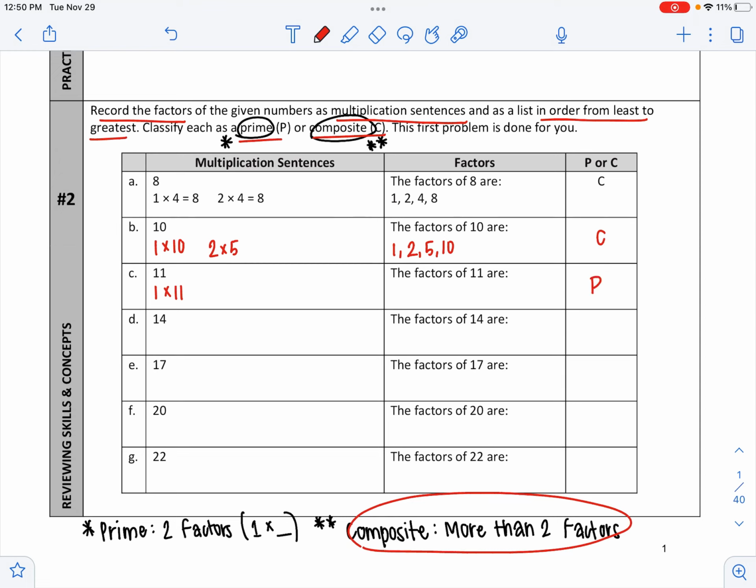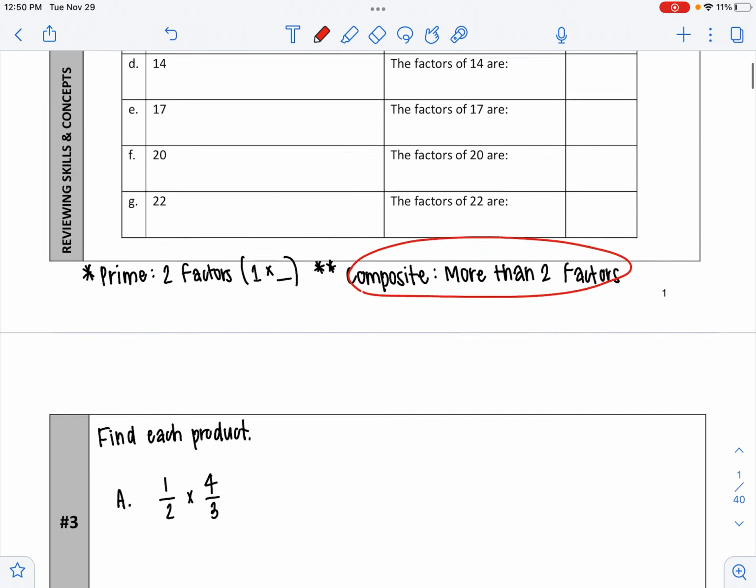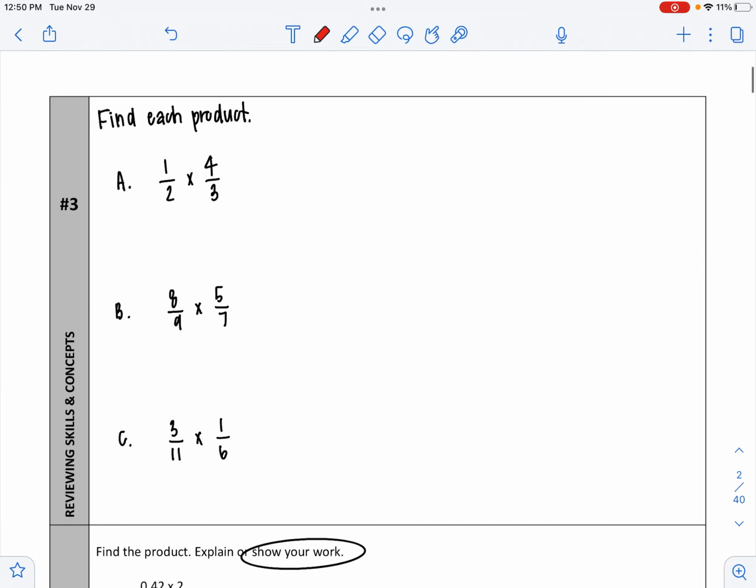Go ahead and pause this video to finish question 2 and come back for homework help on 3 and 4. In question 3, you're simply multiplying a fraction by a fraction. You can find the product of 2 fractions by multiplying the numerator times the numerator and the denominator times the